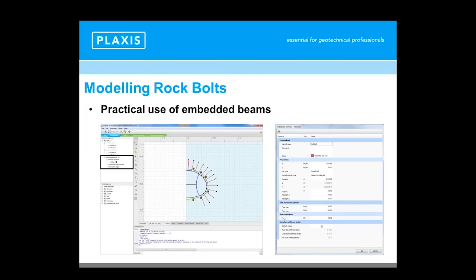So this briefly presents the modeling of rock bolts in PLAXIS 2D. On the left side, you see the model, which is, by the way, going to be the model I will present later on in PLAXIS 2D. And you see the purple lines representing the rock bolt. And on the right part of the screen, you see the set of material properties that must be defined